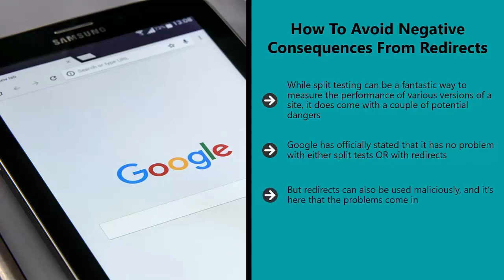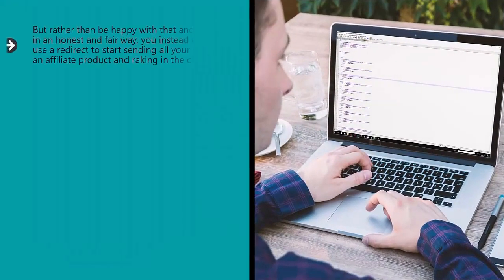But redirects can also be used maliciously, and it's here that the problems come in. Cloaking is a technique used by some developers in order to effectively trick users into going to a different page. So for example, you might create a website that provides free, valuable fitness information. Over time, you build that site to be highly successful and you begin to rank at the top for how to lose weight. Nice. But rather than be happy with that and monetize it in an honest and fair way, you instead decide to use a redirect to start sending all your visitors to an affiliate product